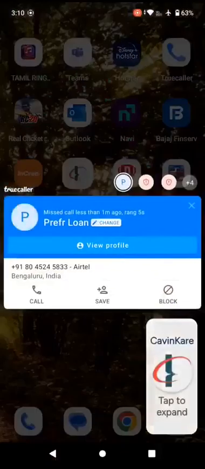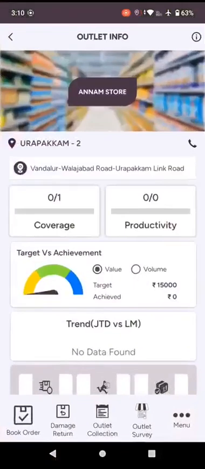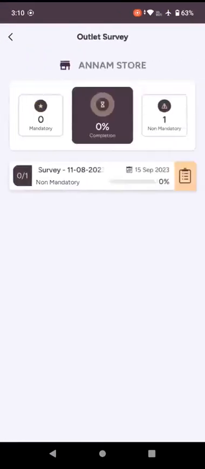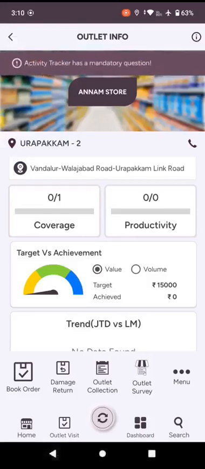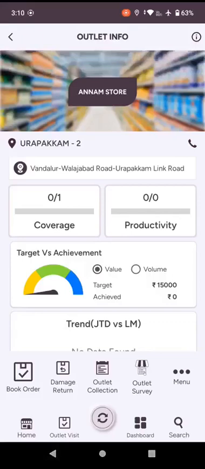And next is outlet collection. Outlet collection is there, and outlet survey is also available. Once this has been completed, if you want to move back, you cannot go to the next outlet because we have activated the activity tracker as mandatory. So you have to answer the activity tracker questions,